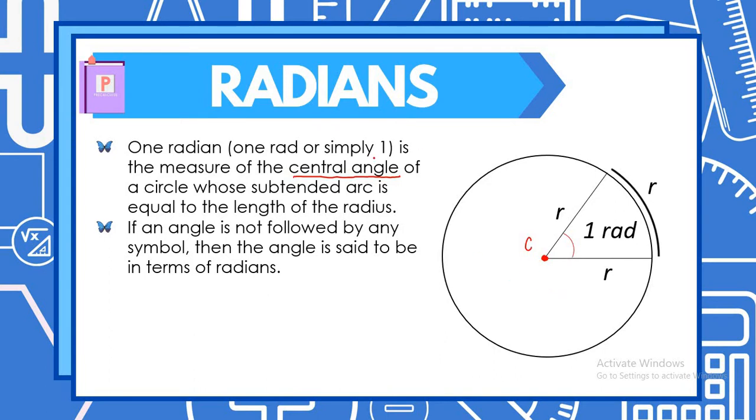So basically, radians is the angle measurement defined by this symbol. This is the value of radian, or in other writings is 1 rad, or simply 1. Take note as well that if an angle is not followed by any symbol, then the angle is said to be in terms of radians. So more specifically, if you do not see the degree symbol, basically the unit of measurement is already in terms